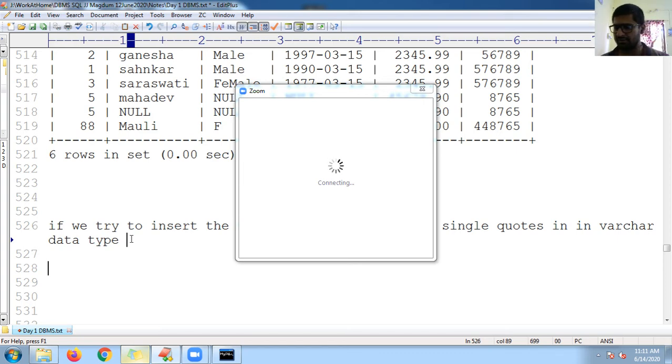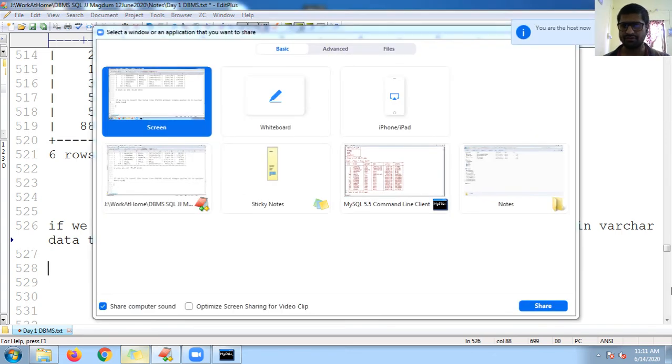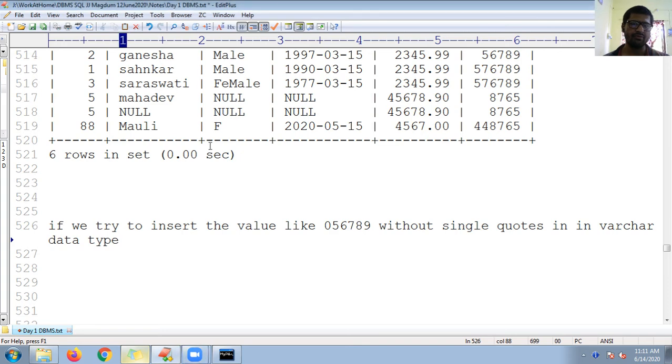Right, then here the values in this. Then insert, then it stores the value, the phone number value.